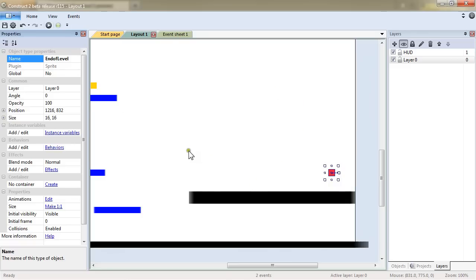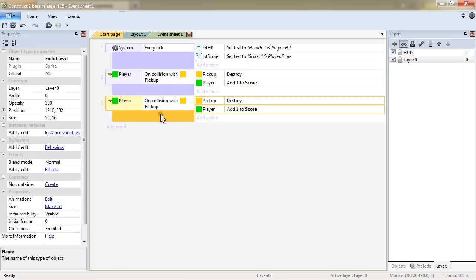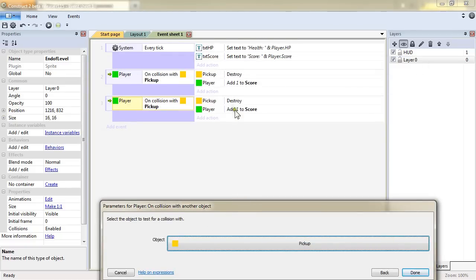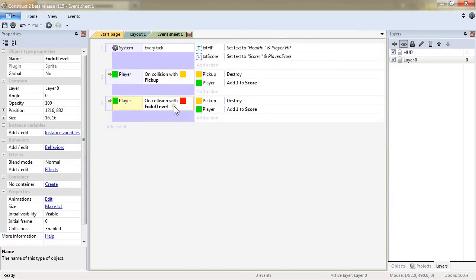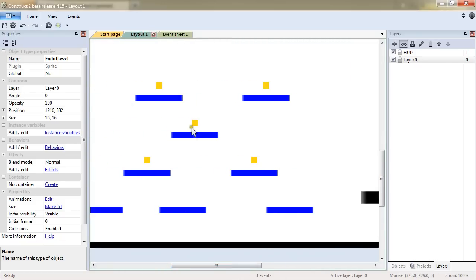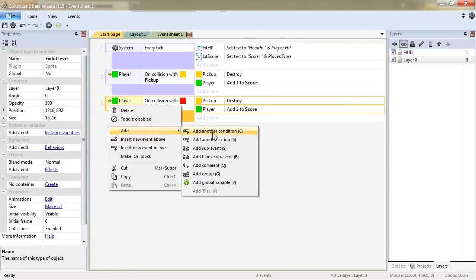And in the code, like for instances, if I press the control key down and drag drop the event, I can simply clone the previous event and actions, and I will modify here to end of level. So when my player is on collision with end level, but what I want also is to make sure that there is no more pickup objects left in the level, so that the player has gone through all the collectible objects and now is reaching the end of the level. So I will select the event, right click and add another condition,